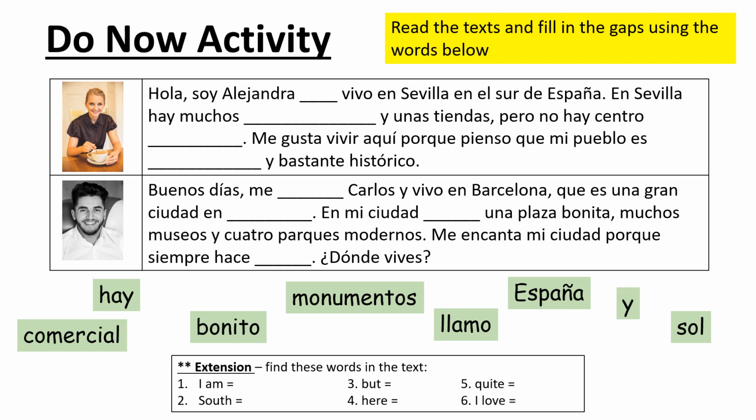Okay, I'm just going to go through the answers super quick. So we should have, hola, soy Alejandra y vivo en Sevilla, en el sur de España. En Sevilla hay muchos monumentos y unas tiendas, pero no hay centro comercial. Me gusta vivir aquí porque pienso que mi pueblo es bonito y bastante histórico. And the second paragraph is, buenos días, me llamo Carlos y vivo en Barcelona, que es